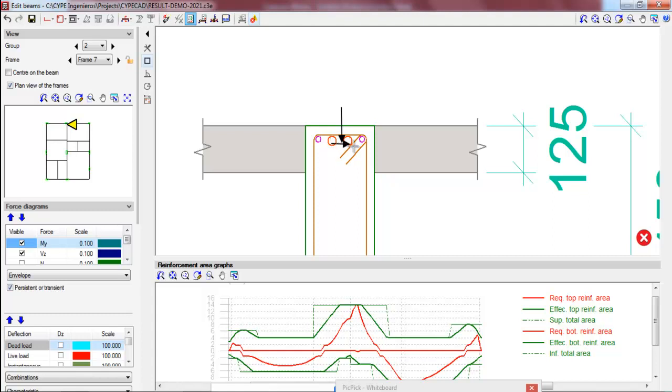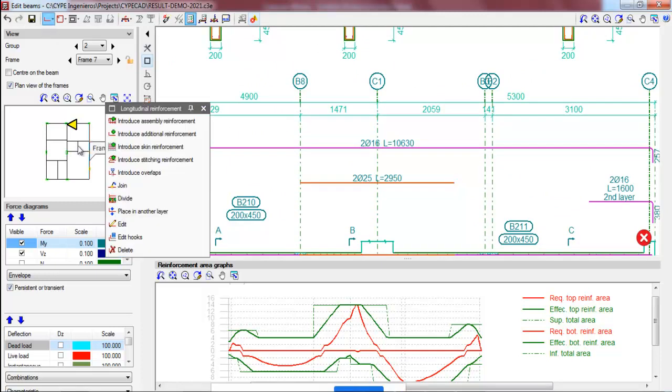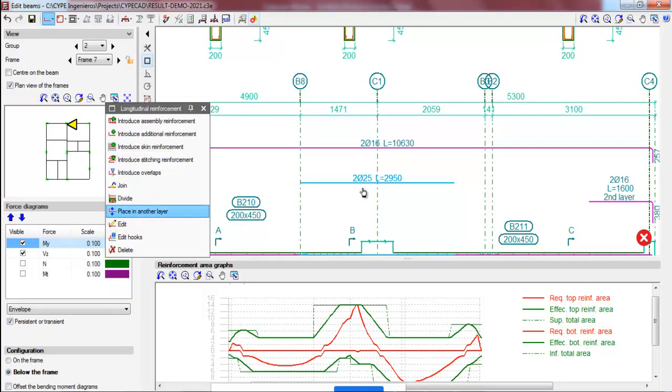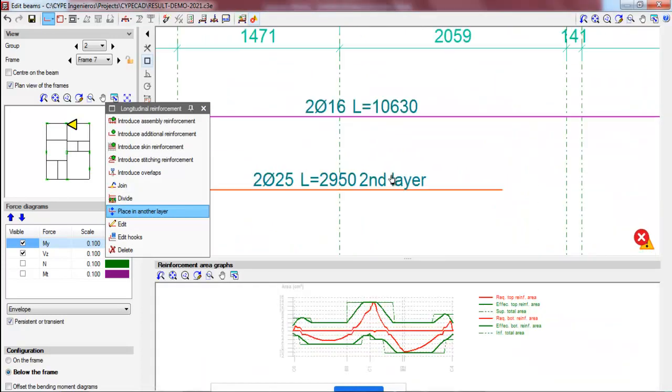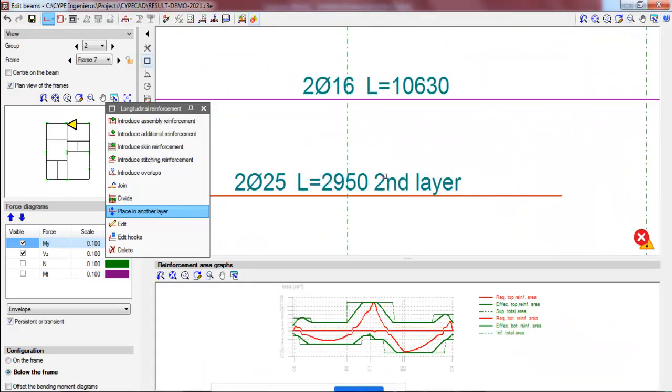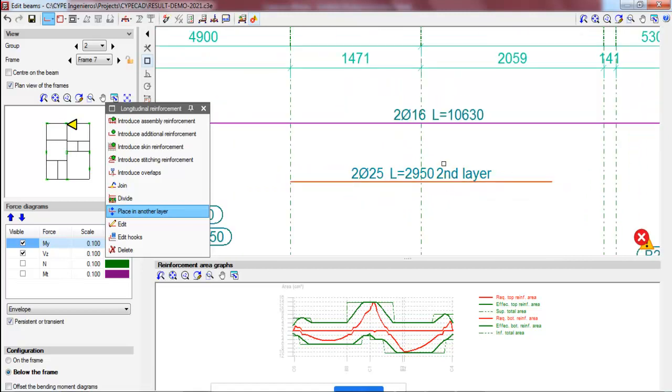So to get that distance between the two bars, you need to move the reinforcement to the second layer, like this. To do that, you may have to use a different command here. Place in another layer: select this bar, right click, put it in the second layer here, and the software gives a very clear indication to the construction person that this reinforcement is to be provided at the second layer only.